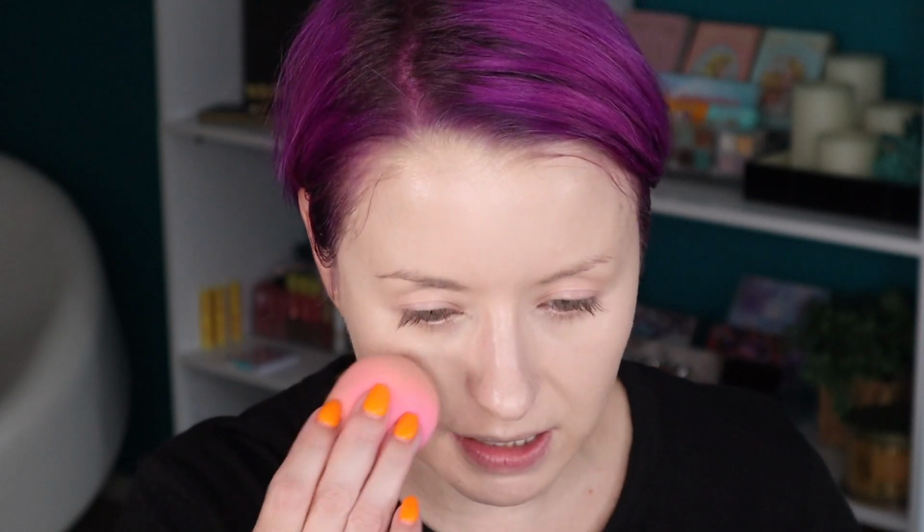We'll see. This would probably be more of a fall winter concealer, even into spring. I usually don't get a tan until summer anyway. But yeah, that looks nice. It's very creamy. It feels very similar to other concealers I have in my stash,